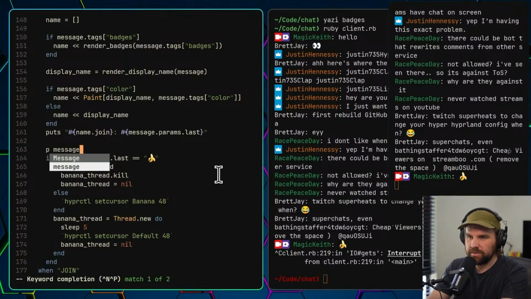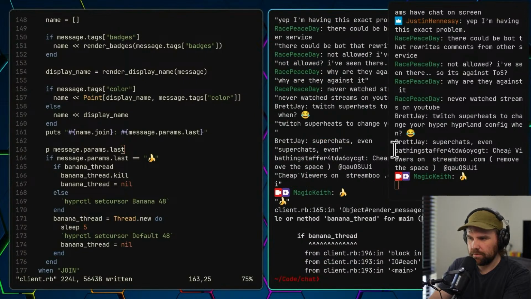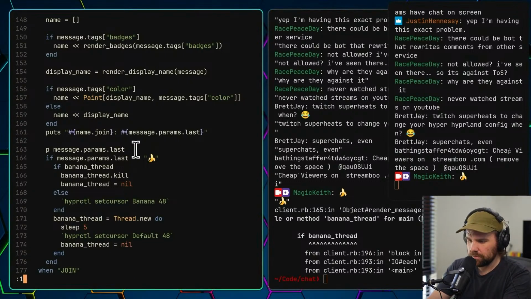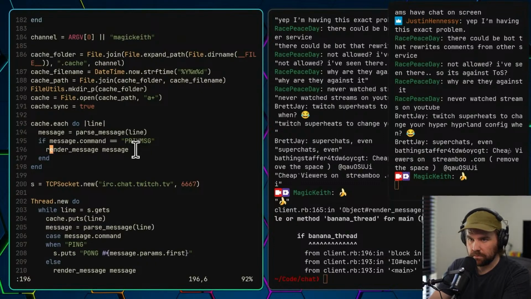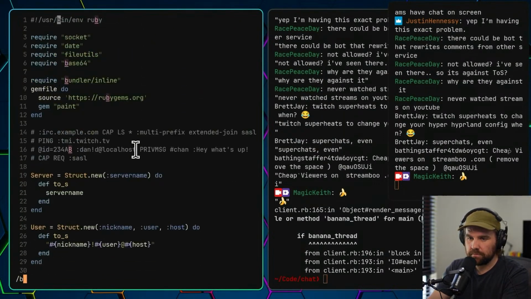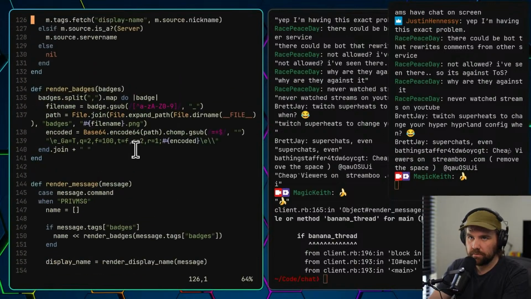P message.params.last. Whoop. Banana thread. What? Oh, did I not put the banana thread in the right part of the code base?